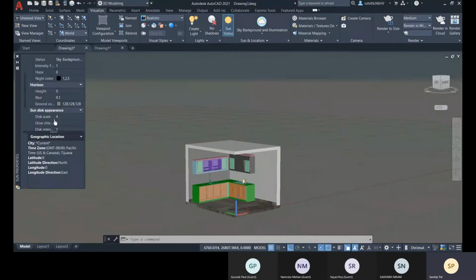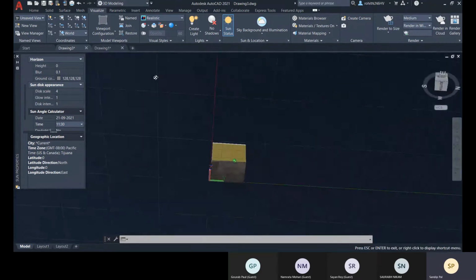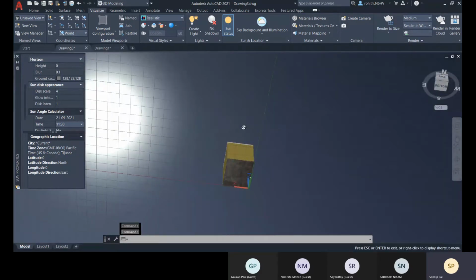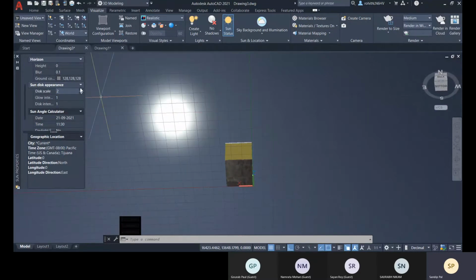Accordingly you will get, so you can change the sun disk scale. There you see sun disk is bigger right now, so if you want to change it to smaller, you can do that.